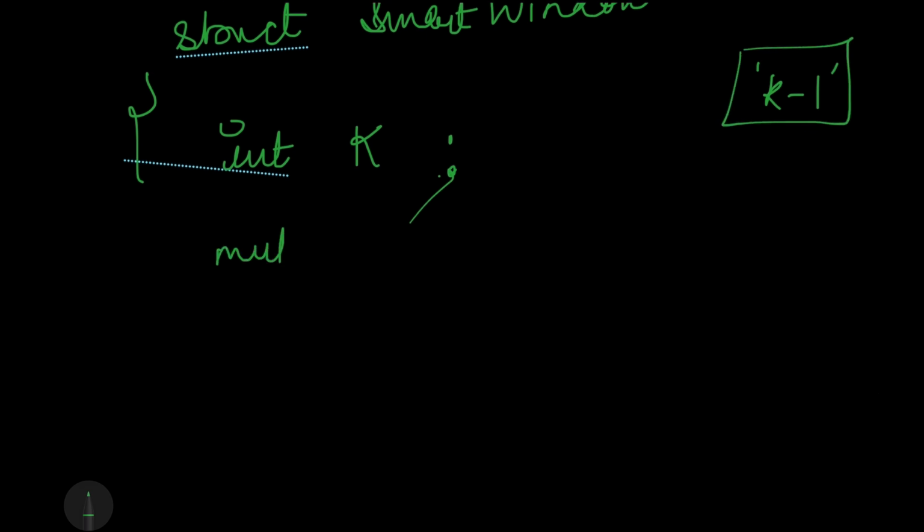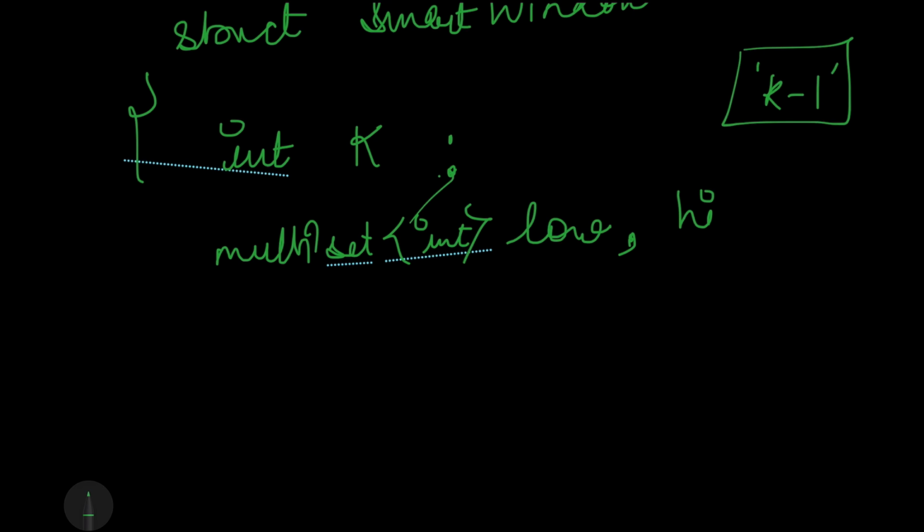Then we'll define a multiset. Low will store the k smallest elements